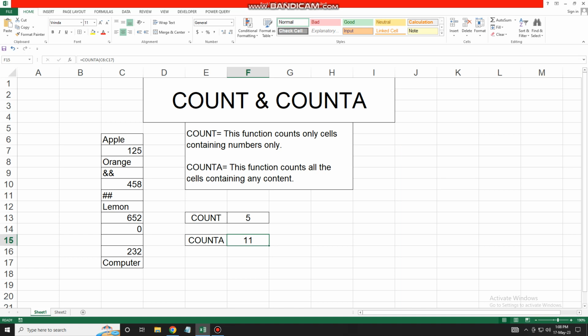So as you can see, in this range I have put some text, some numbers, some symbols, and this one is 0, which is also a number, and this is a blank cell. So I will apply the COUNT function over here,